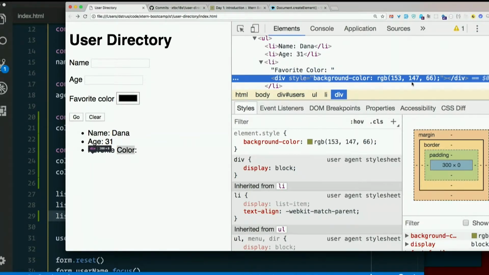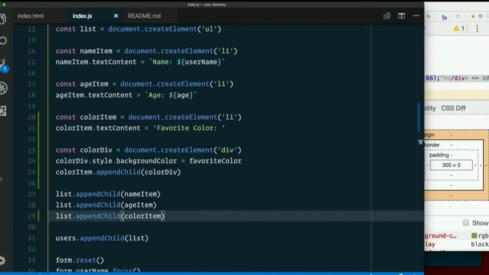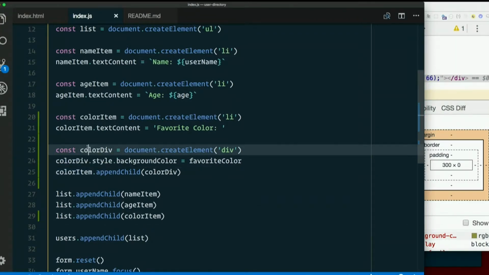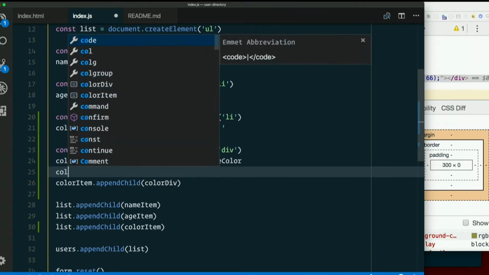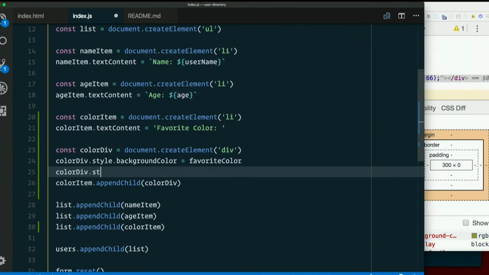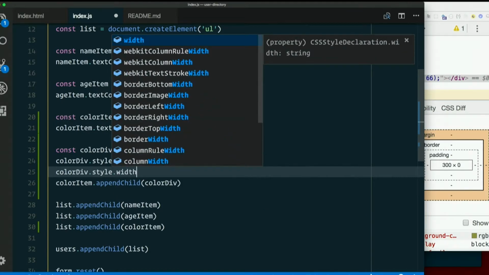Why don't I see it? Yeah, it doesn't have any size. It looks like what it did by default is give it a width of 300 and a height of 0. There's nothing in it, right? There's no text, so it doesn't make any space for it on the page. So we might have to explicitly set its dimensions. So let's do that. It's the div that's the issue. So colorDiv.style.width